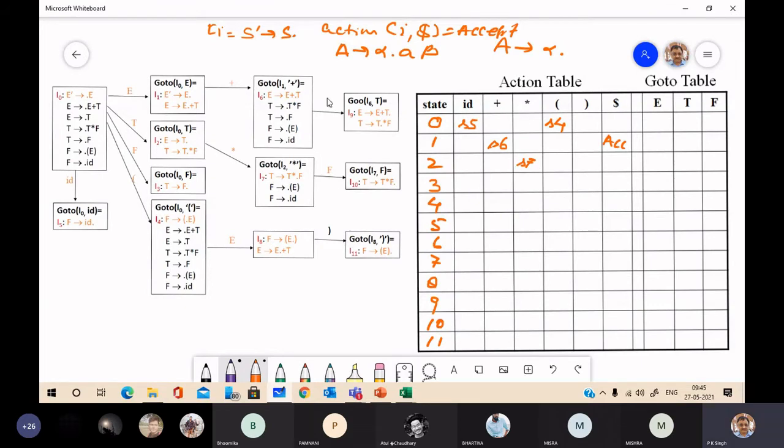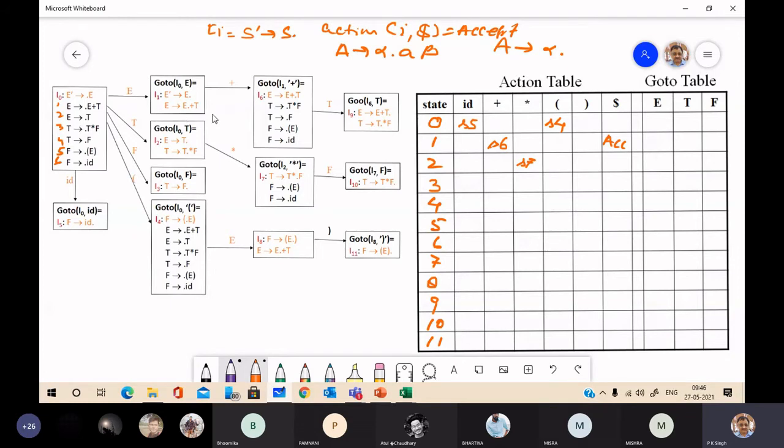Okay. Here you have an item of this type, A2 alpha dot. So the action is reduce. For reduce, you number the productions of the grammar. So this is production number 1, 2, 3, 4, 5, 6. There are 6 productions in the grammar.